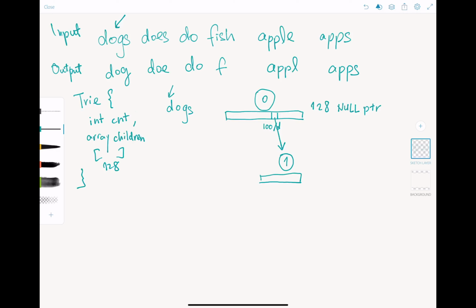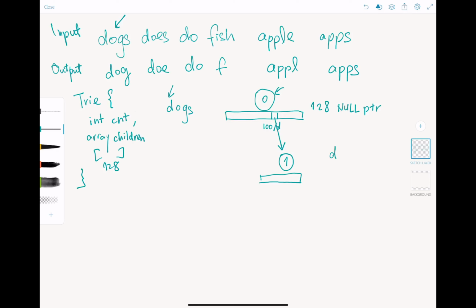Conceptually speaking, what does this 1 mean? And what does this 100 or D mean? And how does the data structure of trie relate to these two concepts? Well, I hope that you can see from our root, which is this node, we can access one of our child nodes by the index 100 or character D. So that means in our trie, there is the prefix of D. And as of right now, because the count is 1, there's only one word that starts with the prefix of